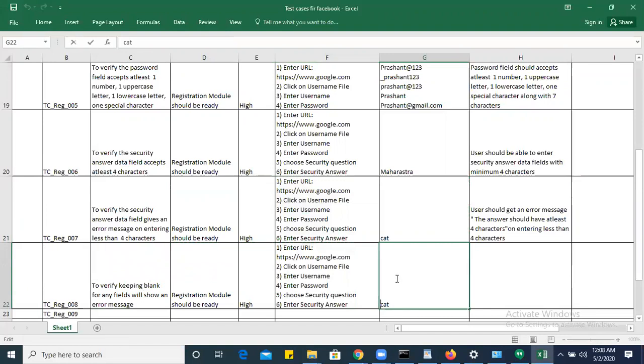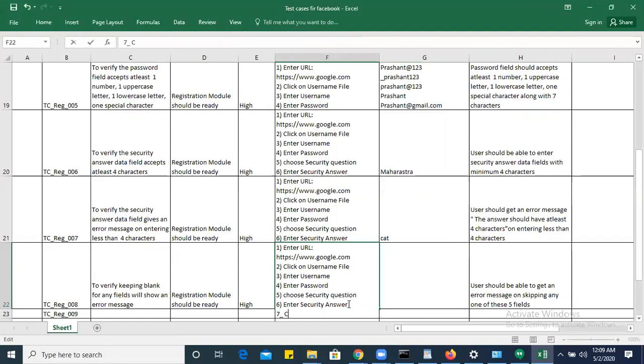Like, I'm not entering anything, right? For example, user should be able to get an error message on skipping any one of these 5 fields. Means, for example, security answer, and click on submit, right?